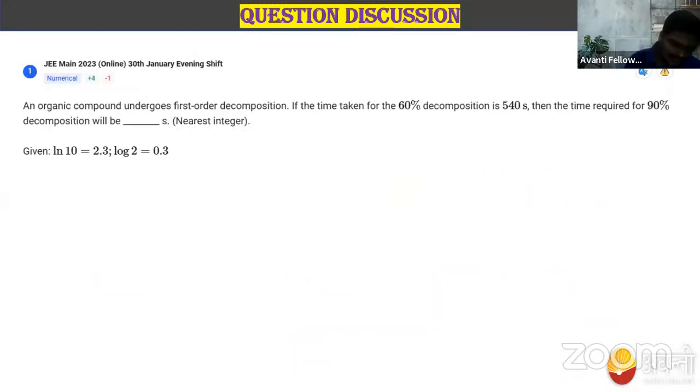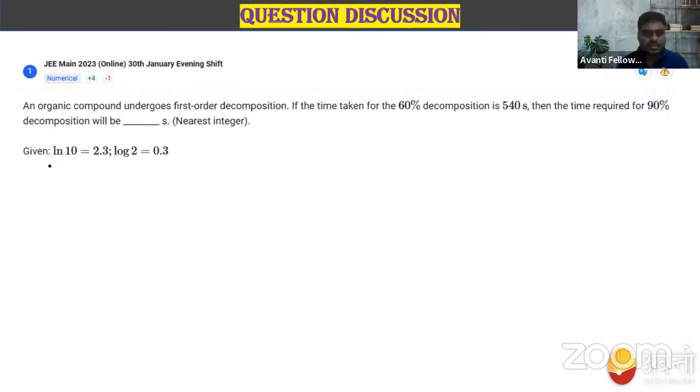Now, move to the next one. An organic compound undergoes first order decomposition. If the time taken for 60% decomposition is 540 seconds, then the time required for the